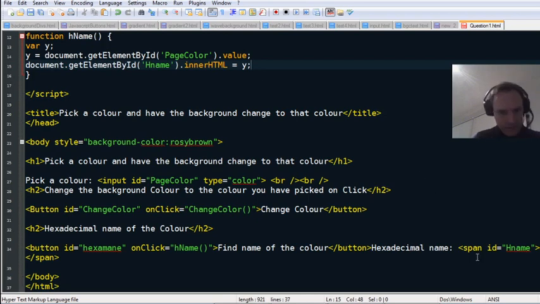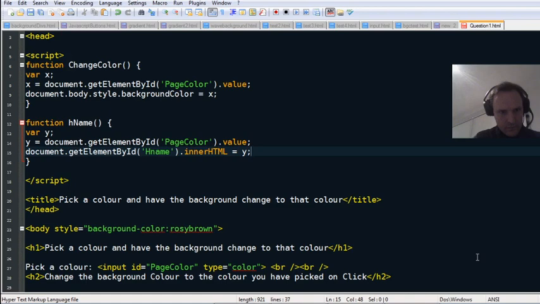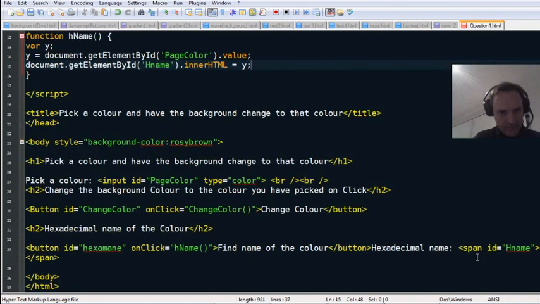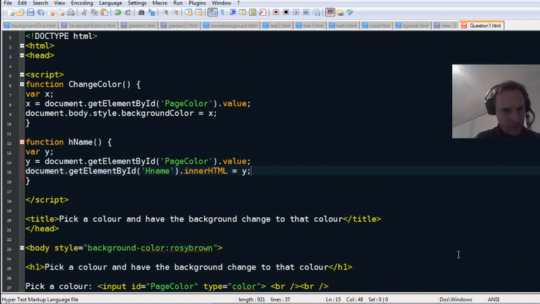hname.innerHTML. Let's check what's going on there. That's correct. That's correct. Y is document.getElementById hname dot innerHTML assigned to Y. Okay, that's all good. And